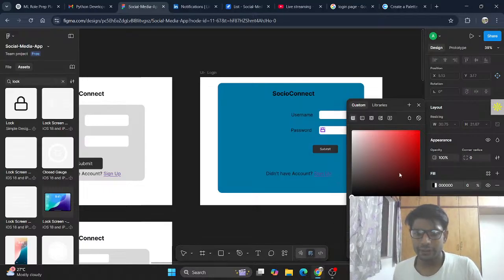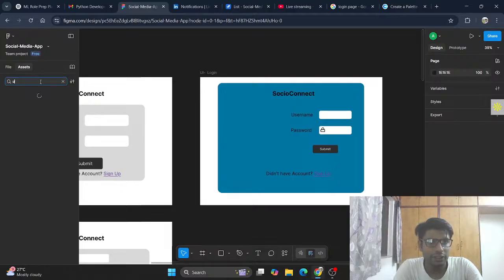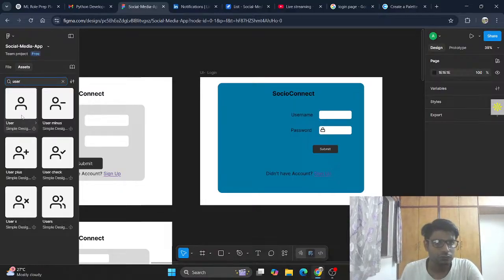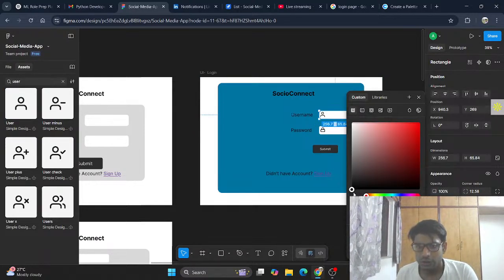Or it is good with that only. So let's not change that. So yeah, password is there, and for that username, let's suppose I search for user, and this could be good. And for this, let's suppose I want stroke in black,